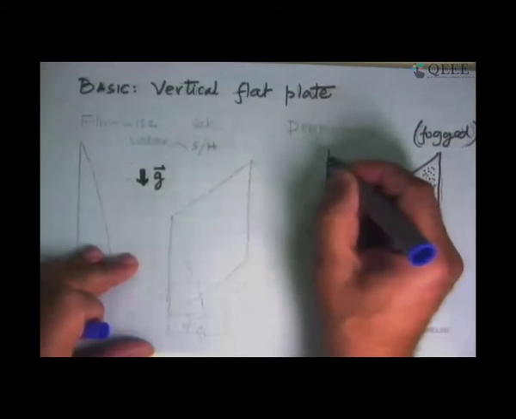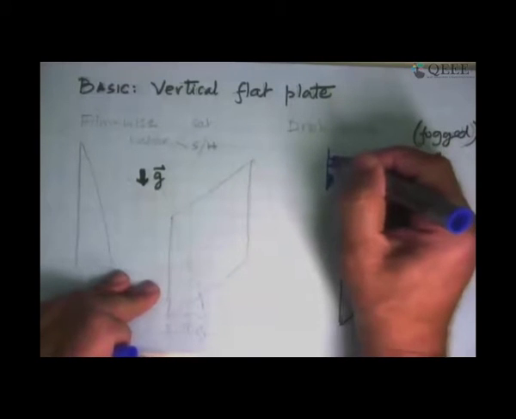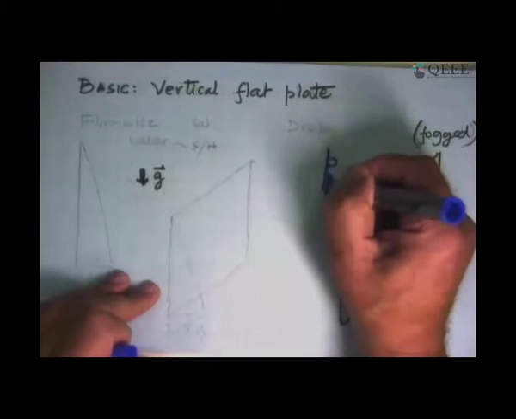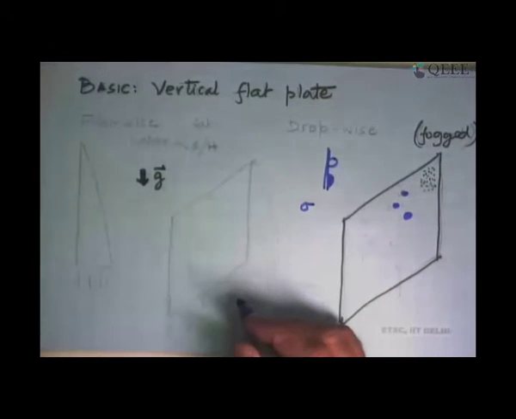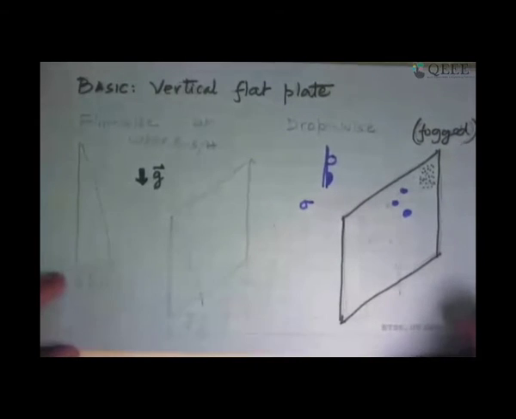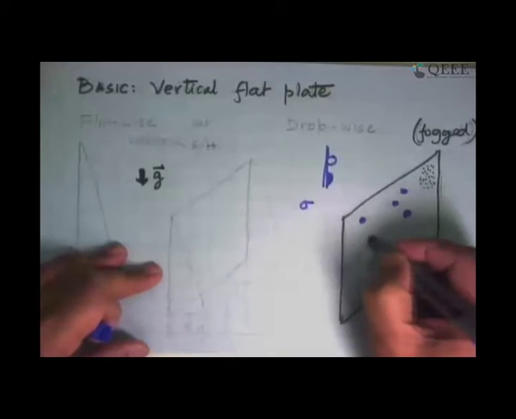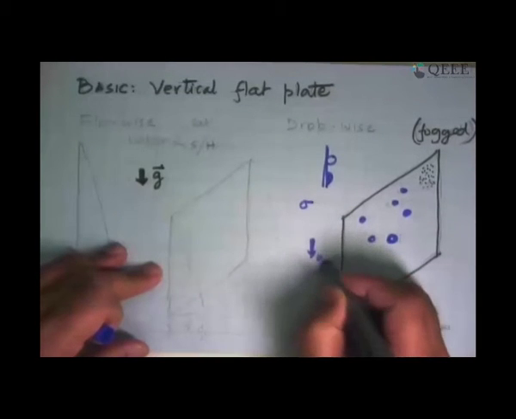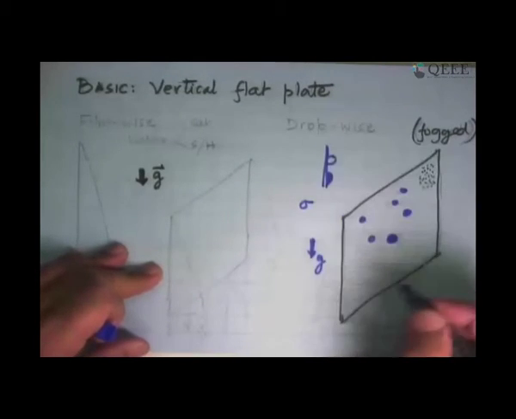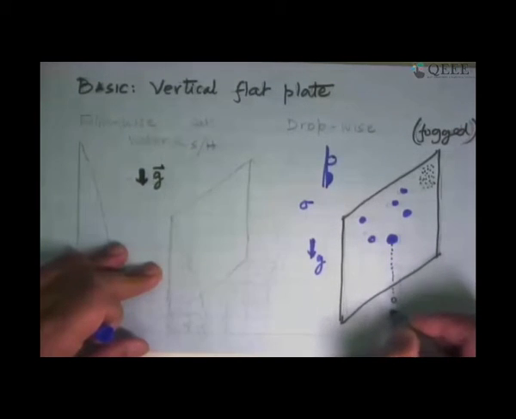It depends on the wettability of the surface, which is basically the surface tension between this liquid and this surface. So sigma, the surface tension, becomes an important player over here. Gradually, as these drops build up and get bigger and bigger, finally it becomes so big that gravity, which is acting there, begins to pull it down. So it starts moving down the surface, detaches from the plate, and falls down as a drop.